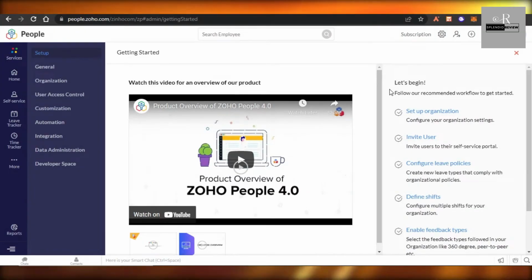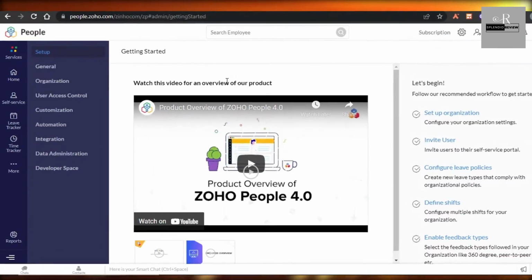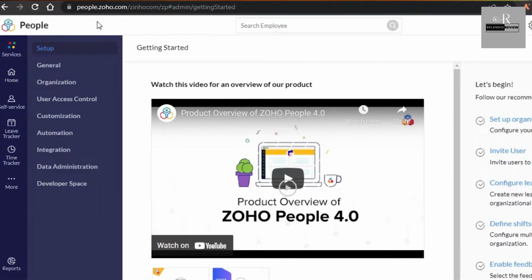Today, I'm going to be showing you how you can use Zoho People as a complete beginner to create your own self-services, to organize your team, do automation, add integrations, and more. So let's get started. First, what you have to do is you will go to people.zoho.com, or you can go to